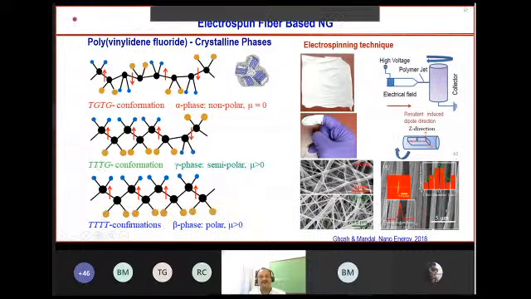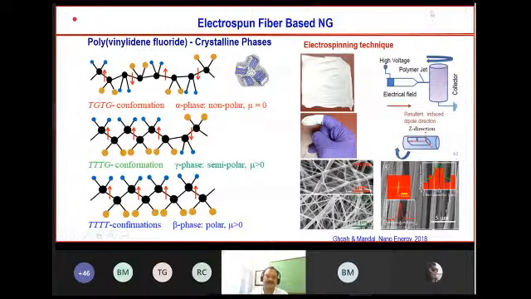So we adopted in this particular talk the electrospinning technique, because why have I adopted this? It is a very simple way to do some interesting research. So what happens? We have a nozzle, the injection needle, and then one has to prepare the polymer solution. High voltage is applied between this polymer jet and collector. This is grounded, and this is the positive